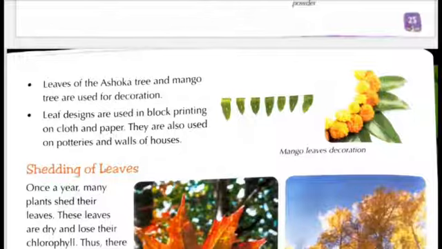So students, leaves not only make food for the plant but also have many uses. First, the oxygen that we breathe in is released by the leaves. The second is we use leaves of some herbs for flavors and fragrance, like thyme, coriander, mint, etc. Some leaves are used as spices, like bay leaf, which is also called tejpatta, and dried fenugreek, which is also